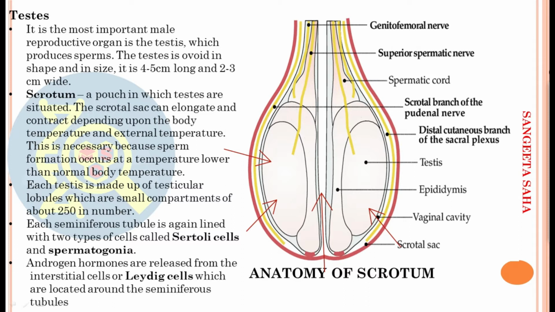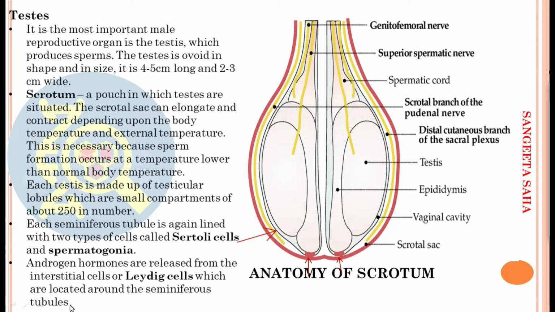Now, the testes develop during the embryonic stage only, and they descend at the time of embryonic development only. Before that, the scrotum remains empty. Now, as the testis descends, there is a small white fibrous structure which is known as the gubernaculum, and this gubernaculum fixes the testis to the scrotum, as you can see here. Now, there is a cavity present here in the scrotal sac. It is known as the vaginal coelom, and this is connected to the abdominal cavity through the inguinal canal.